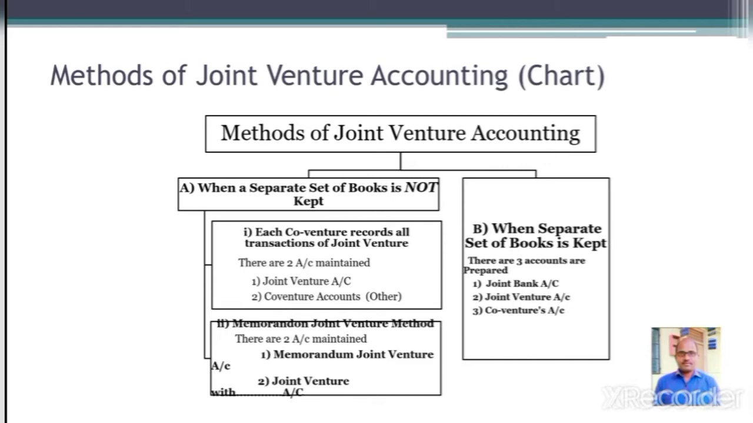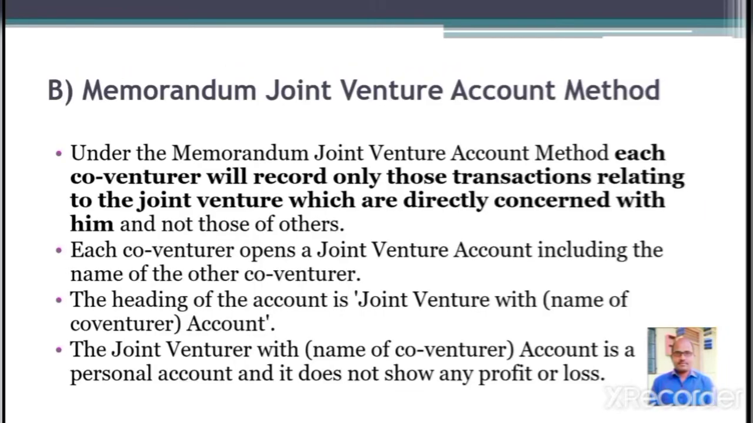Number one, when separate set of books is not kept, there are two different methods in this. Each co-venture records the transaction of joint venture, and the second one is called as memorandum joint venture method. On the other hand, when separate set of books is kept, under this method there will be three accounts prepared: joint bank account, joint venture account, and co-venture account. In this session, we will discuss the theoretical part of memorandum joint venture account and the journal entries